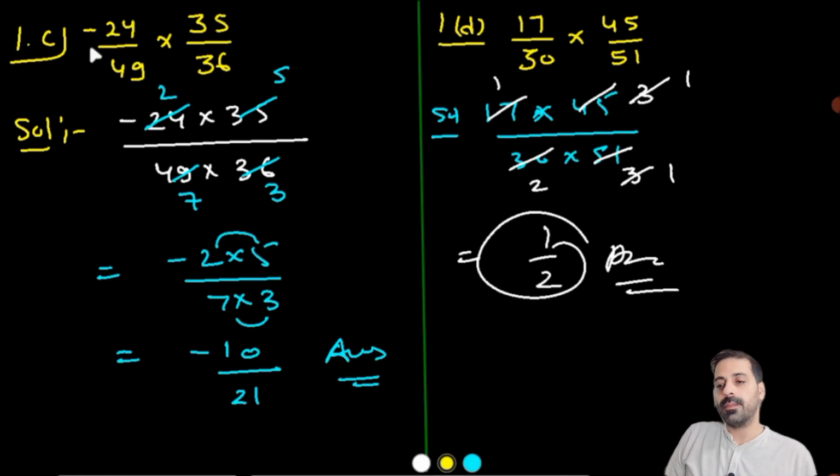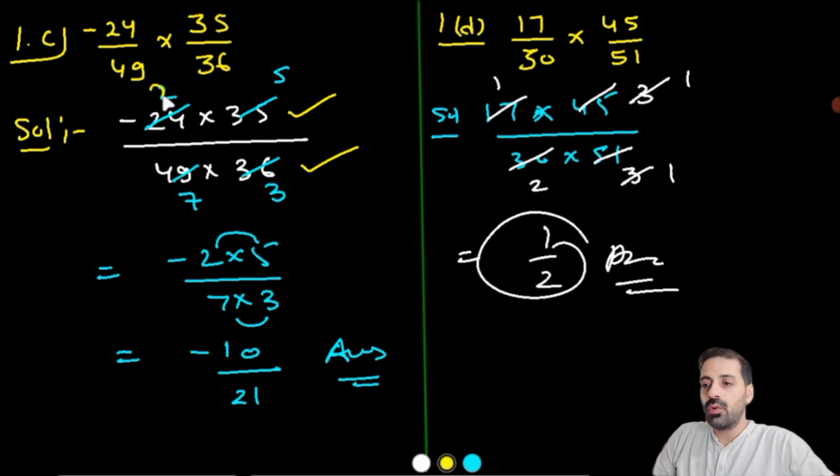Now in the next question, negative 24 and positive 35. So numerator will multiply numerator and denominator will multiply denominator. Now we will cancel out: 12 twos are 24, and 12 threes are 36, 7 ones are 7 and 7 fives are 35. So 2 multiply 5 and 7 multiply 3 don't have any common factor, so numerator will multiply numerator. 5 twos are 10 and 7 threes are 21 is the answer.